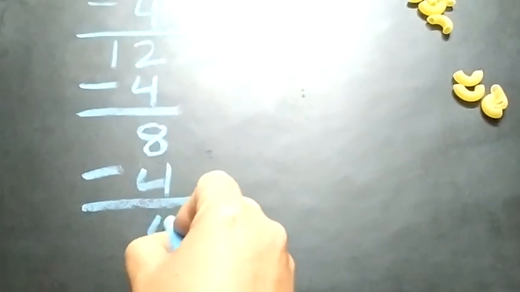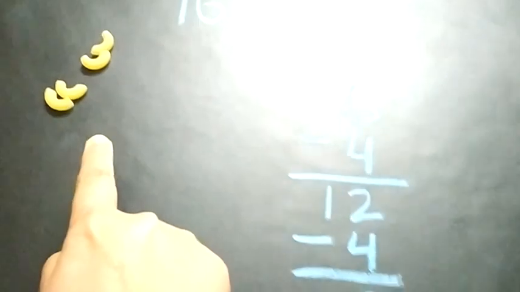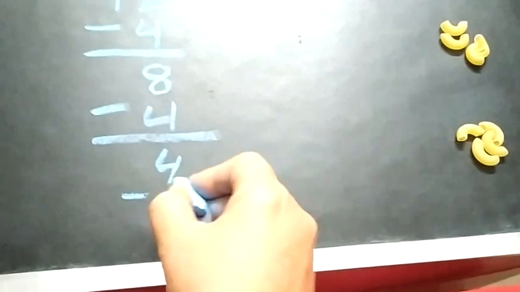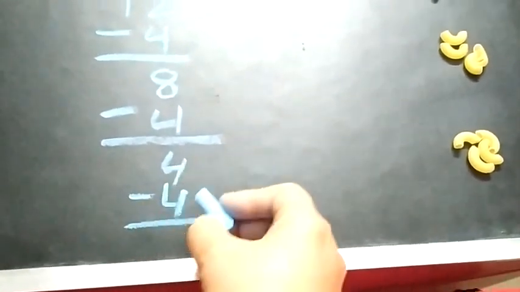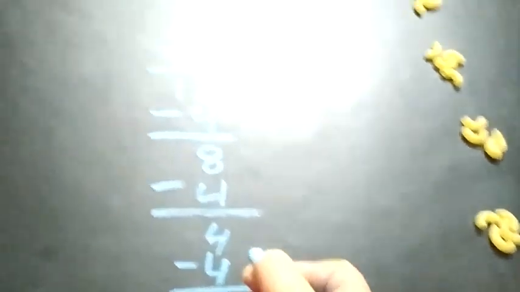We have to keep on giving till we get 0. Nothing in the end. Again, how many toffees do we still have? We still have 4 candies. See here. Yes, 4 more candies. Now give them away, again 4 candies to the next child. Then here we have given 4. So we will subtract 4 minus 4. And 4 minus 4 is 0. Either you can write 0 or you can simply put a cross to show that nothing is left. See, all the candies have been given.